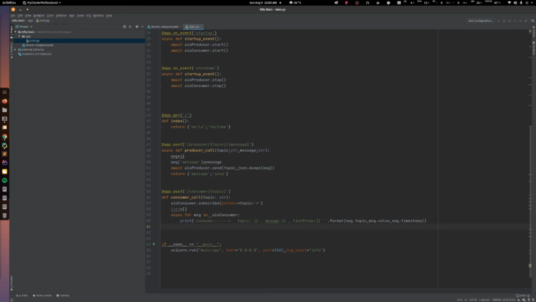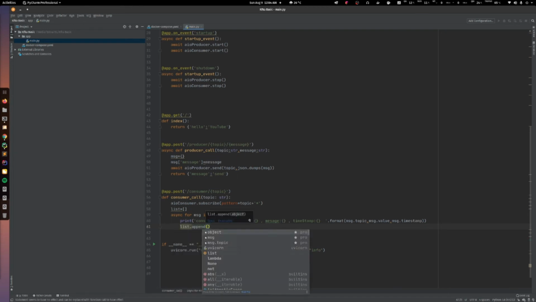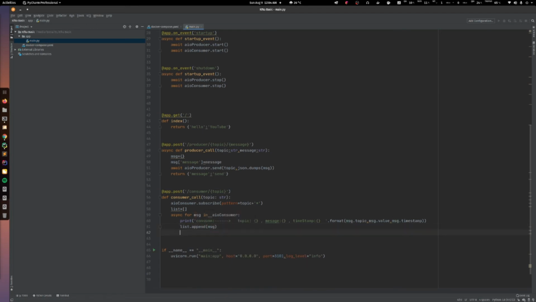Now whatever messages came, I try to append them to the list. Fine. So the situation is now, until it receives an end symbol or end message, saying that the producer is telling okay, it's end now, it will continuously append the message data.